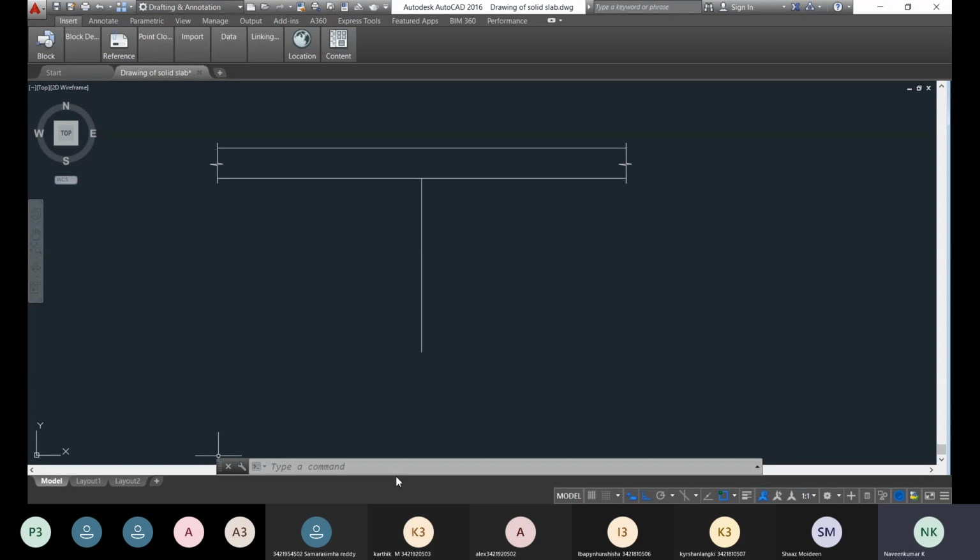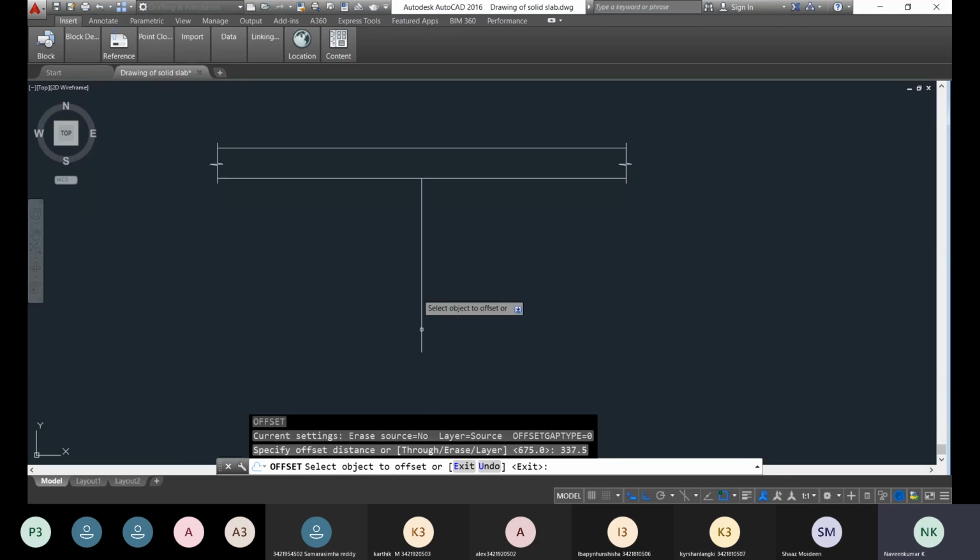Okay, so what is the half of the 675 value? The 675 half value will be 337.5. So that is the offset distance. Then you just click on the escape icon, then enter. So that offset command is enabled, and the offset distance is 337.5.